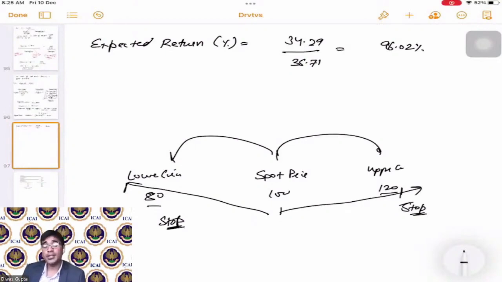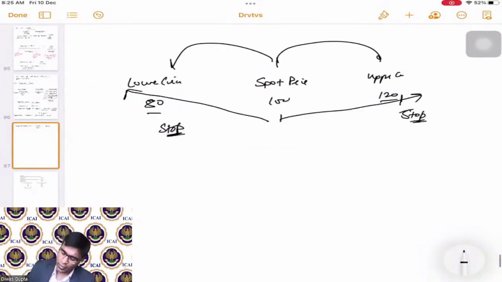It happens. Lower circuit happens. Recently also it happened. I will not tell the exact company name, but it was in the news that it got onto the lower circuit on the day of listing itself. Correct. Similarly, upper circuit also happens. This is the role of upper circuit and lower circuit: to curb the trading, to curb the excess volatility in the market. So the role of circuits